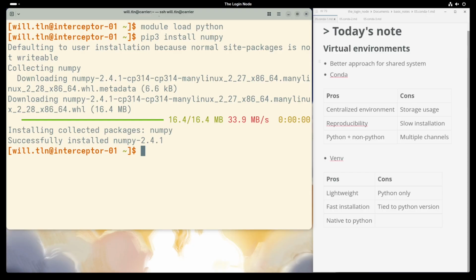1. If you're doing AI, deep learning, or science, use Conda. It handles complex binary libraries like CUDA for you. 2. If you're doing pure lightweight Python, venv is faster and lighter. Let's learn both at the same time.